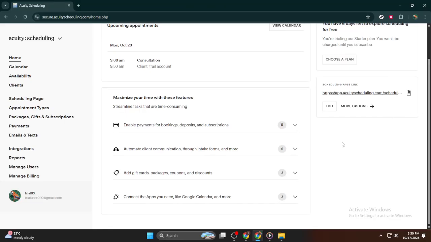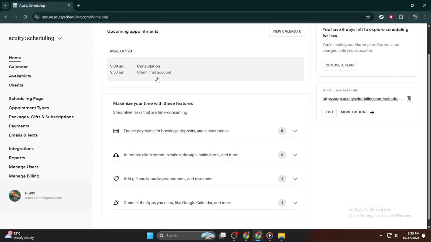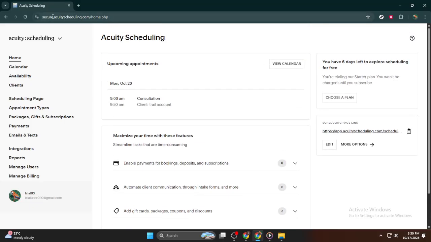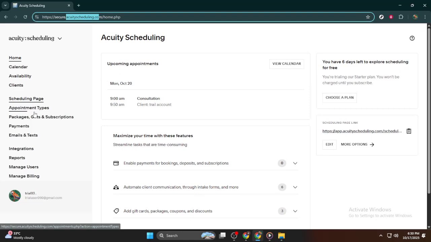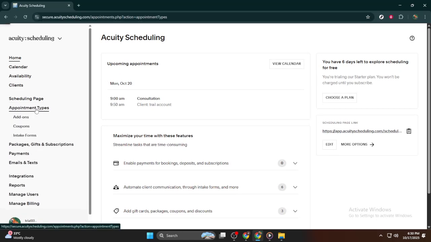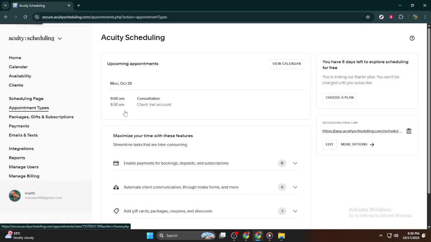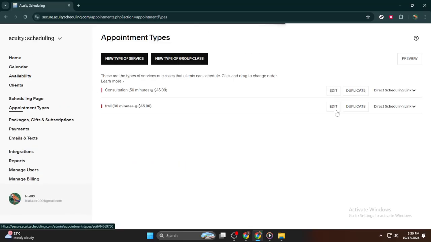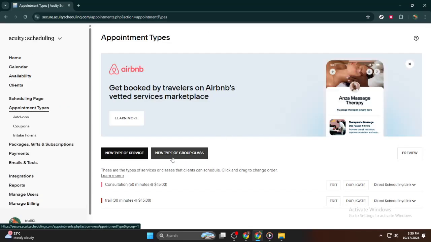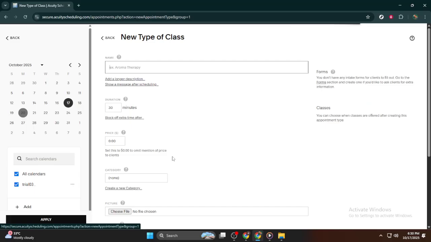First, we begin by creating a new group class appointment type. To do this, log into your Acuity account. From the main dashboard, navigate to the Business Settings section. There, you'll find a tab called Appointment Types. This is where you can manage all your appointment settings. Click on the Appointment Types tab, and then select New Type of Group Class. This option allows you to differentiate this type of appointment from others you might offer, specifically tailoring it to a